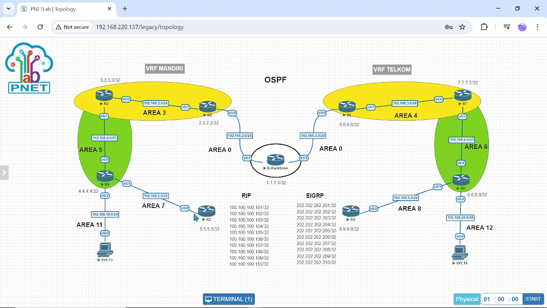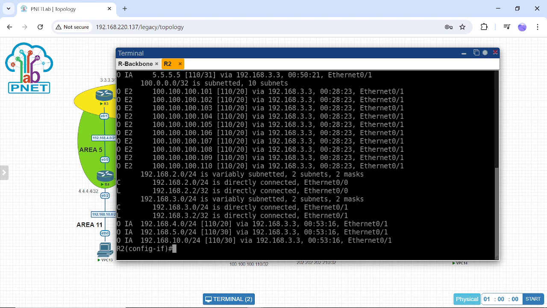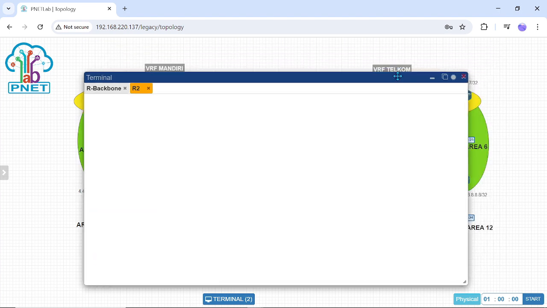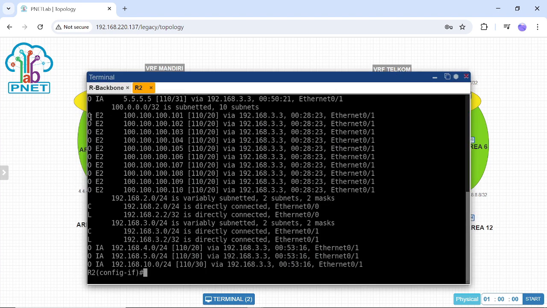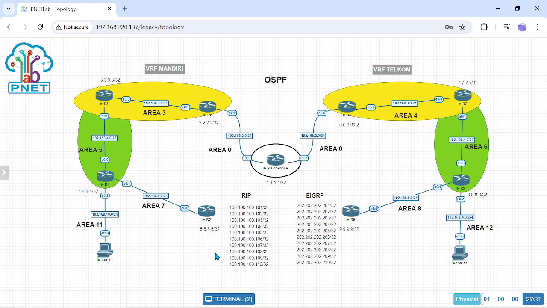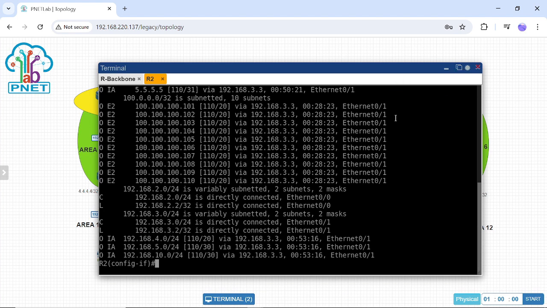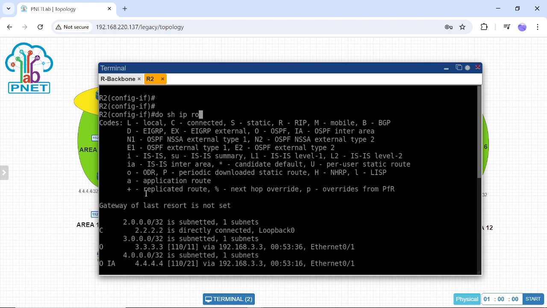And then I will show you this RIP on router 2, not on the router center again. I will do show IP route. Like I said before, I have set RIP in router 5, so I can see in router 2 the IPs from RIP.